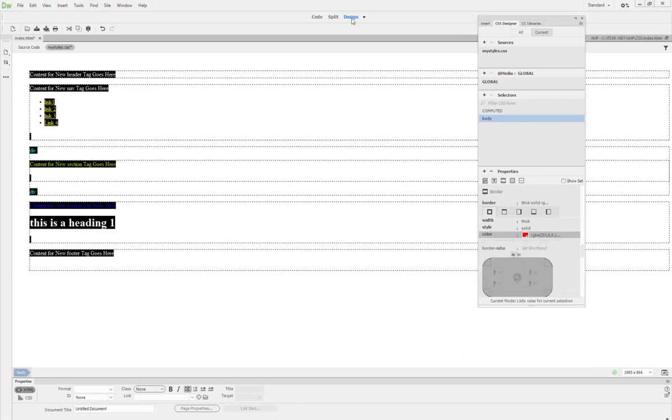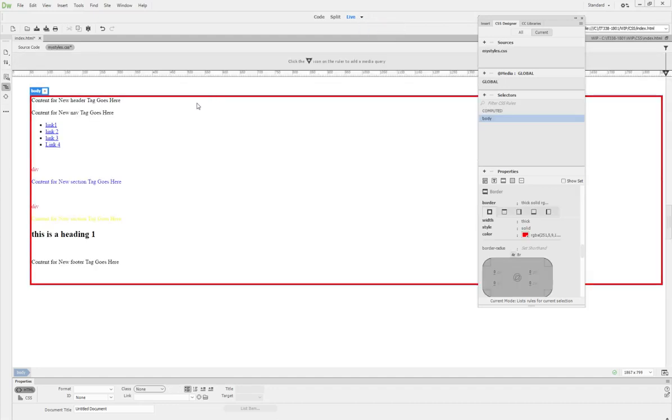And let's go into live view. And you'll see that it created a border around here. Now, if you do something and it doesn't show, go into live view before you start going crazy looking to see if you did something wrong. So now what I'm going to do here is I'm just going to stay in design,